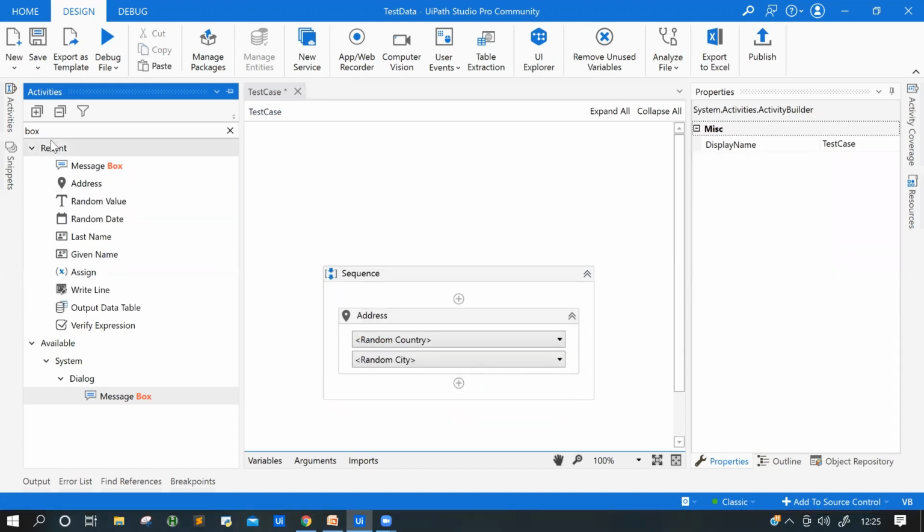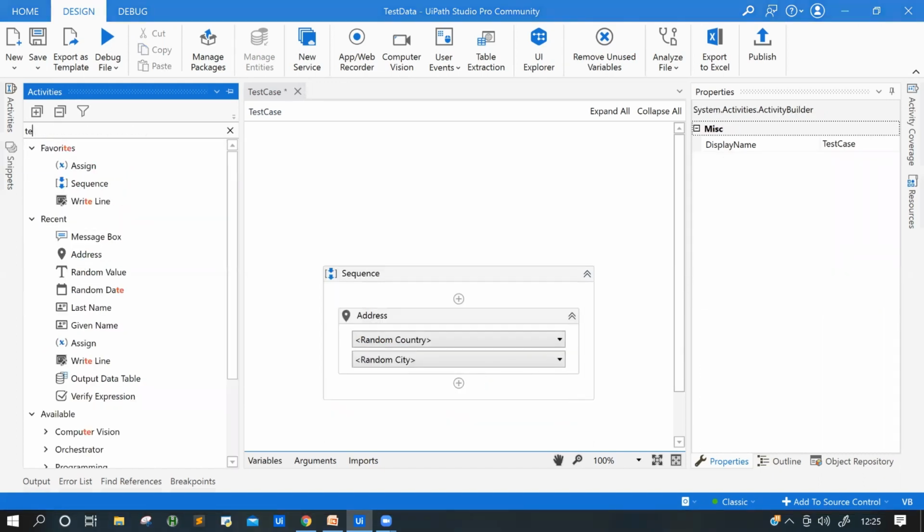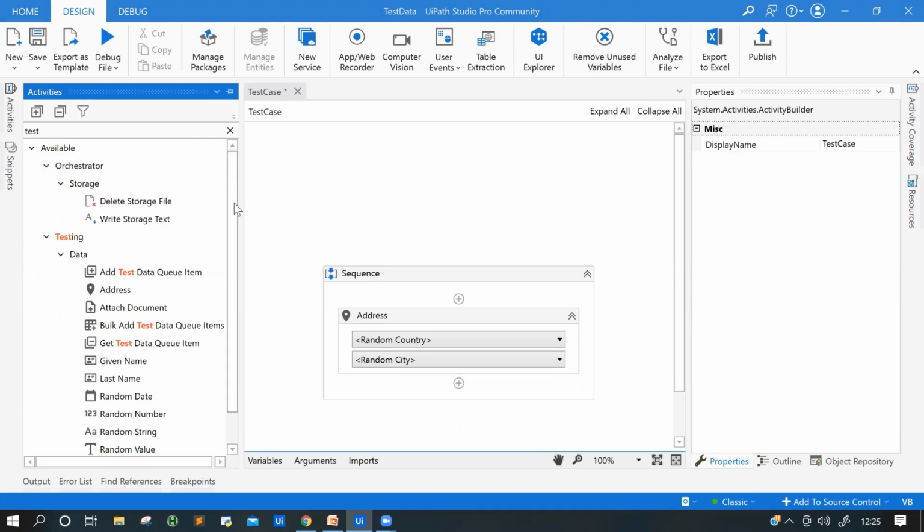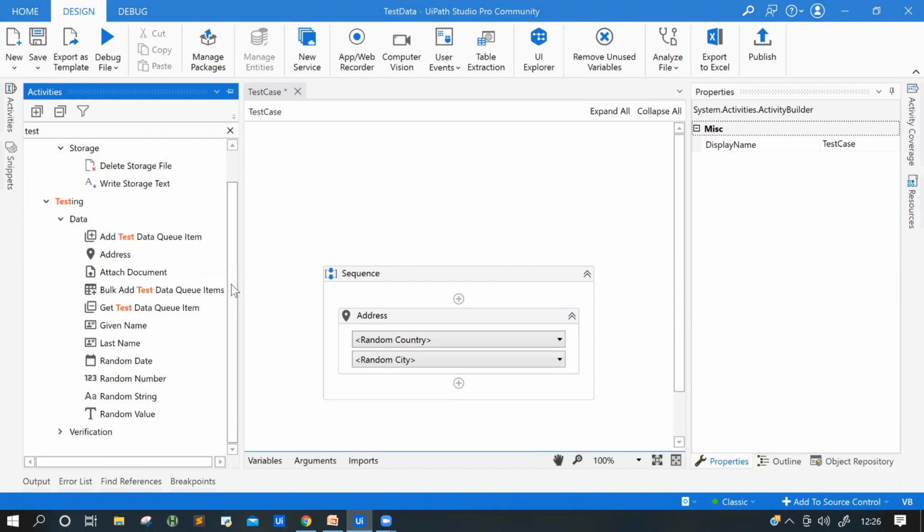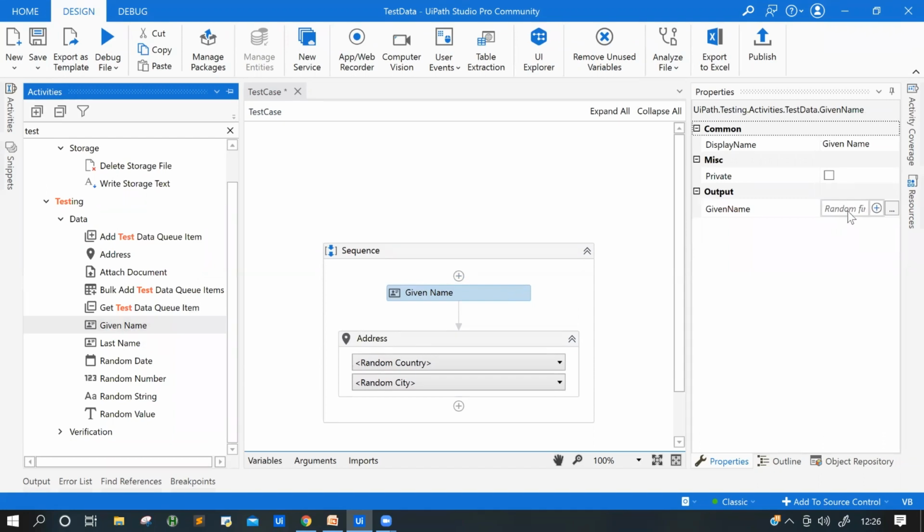Let me show you the other cool activities which we can use to create our test data. It's just a drag and drop thing, guys. You need not do anything. For example, if I want to generate random names, I can generate random names over there.